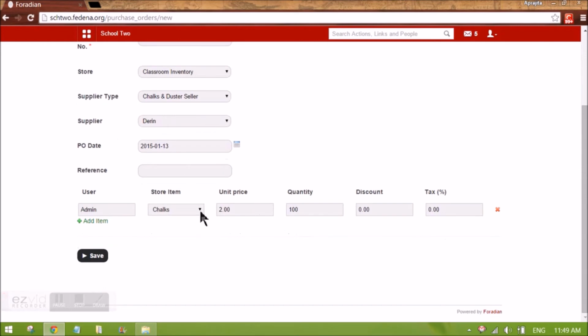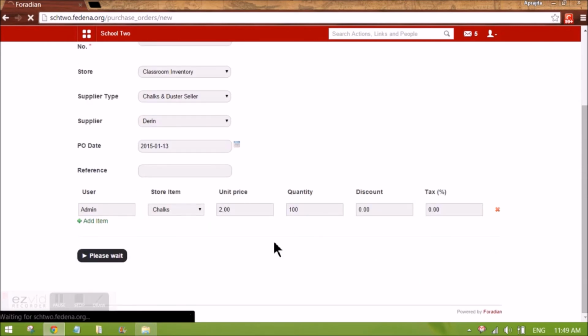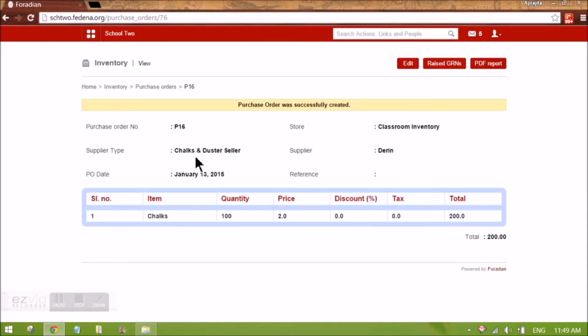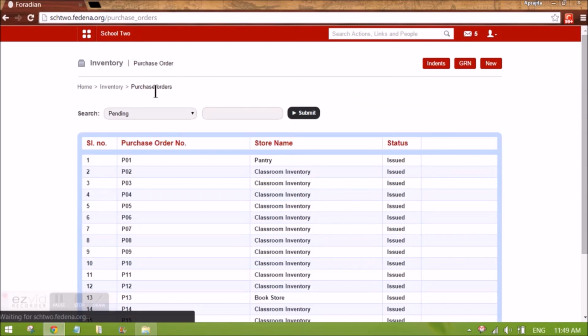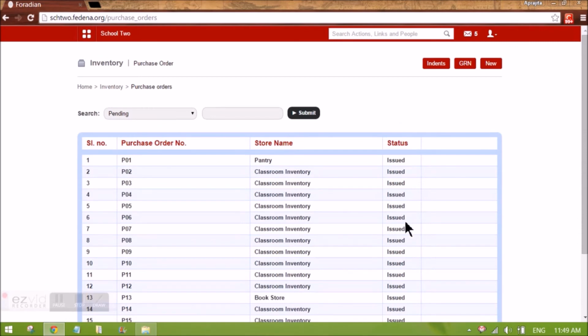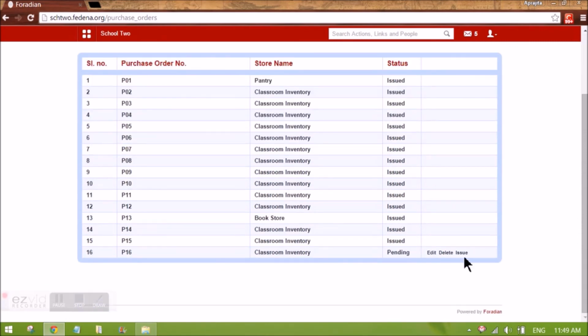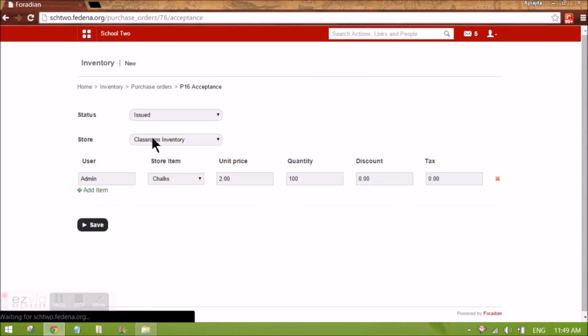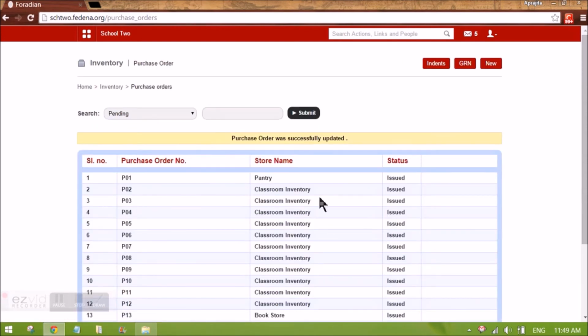discount or the tax for this purchase order. So this purchase order is again raised and it will be approved by the manager of the employee who's raising the purchase order. So let's say I've logged in as that manager. I'll be able to see this linked purchase order if I have manage inventory privilege. And I can either edit, delete, issue or reject this purchase order. So let's say I'm issuing it.